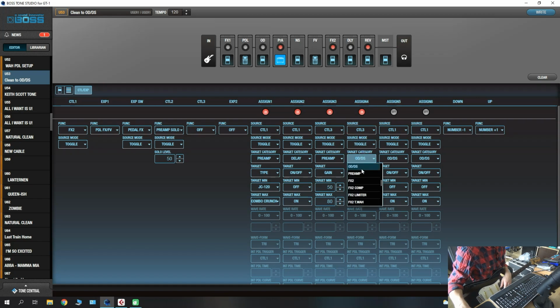The same way, preamp, but the target this time will be the middle, for example, because that's the EQ parameter we want to change. Again, minimum target is the default target here. So let's say we want to increase the gain, so we'll leave the minimum at 50, and let's just say we want the target to go up to 80. The same for controlling the middle here. It is also 50 by default, but let's say that we just want to bring that up to 70, so we adjust it there. Source mode is good, it is activated,